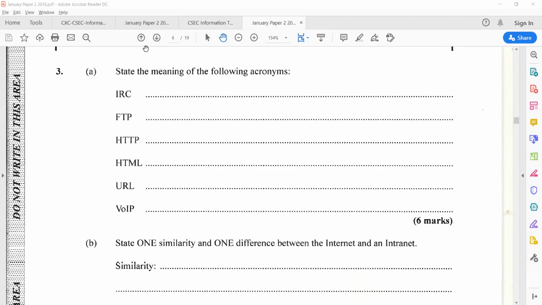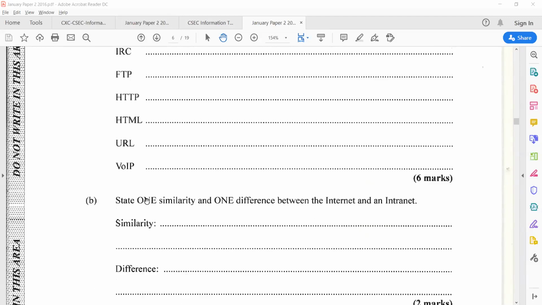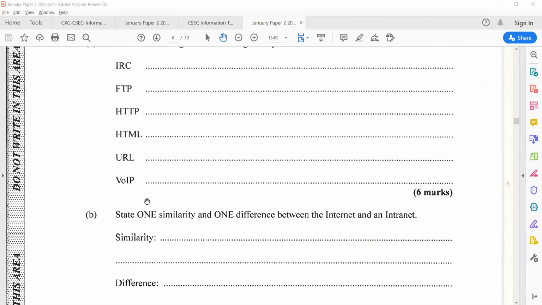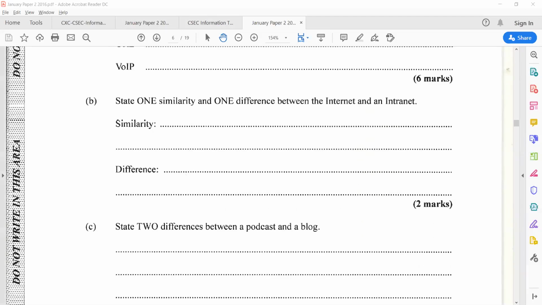Yes, sir. Right, so VoIP is Voice over Internet Protocol. Okay, so that's those acronyms. You would have got 1 mark for each one of them. All right. The next question is to state one similarity